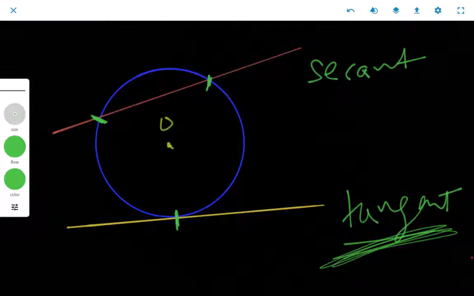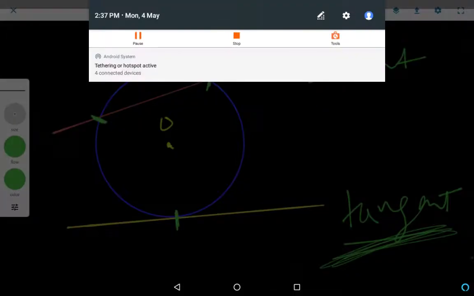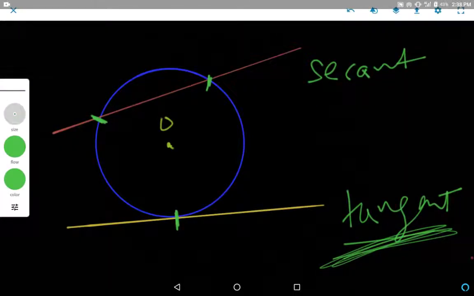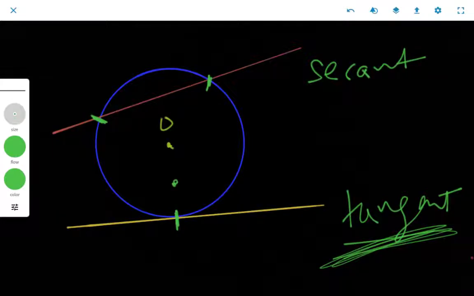Now let's do this next part. Now let me tell you some properties. If there is a point inside, let's say S, can a tangent pass through this? Never. Why? Because a tangent can only pass through one point, otherwise it would have passed through these 2 points. Understand? Then not more than one tangent can be drawn to a circle at a point of the circle. So only one tangent is special to this point.